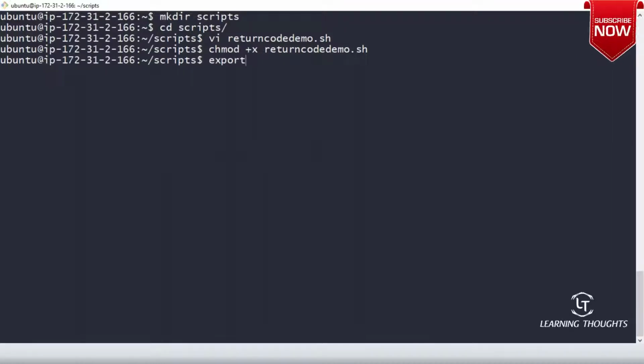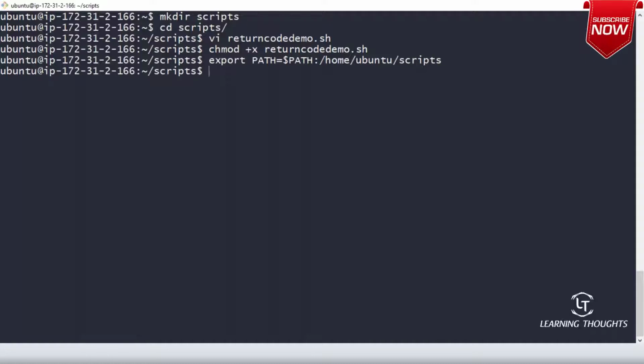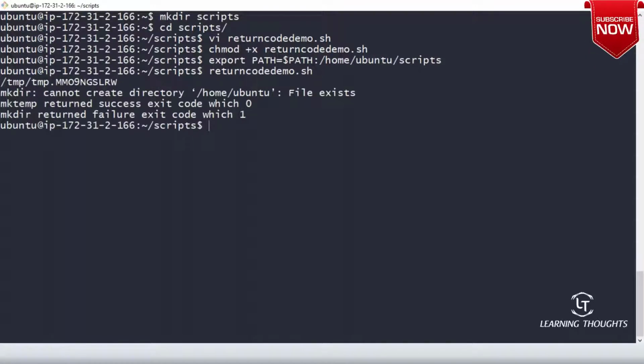If you want to make it easier, you can export PATH equals $PATH:/home/ubuntu/scripts folder. Now you can run return code demo.sh because you have added it to the PATH variable. Now what is happening?